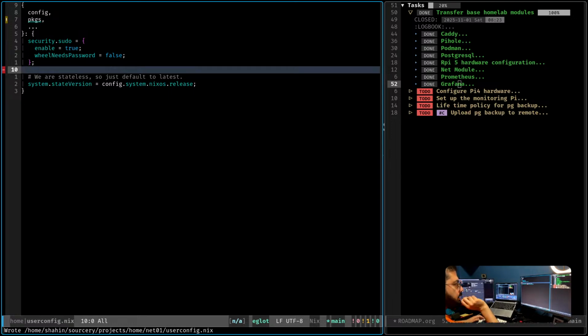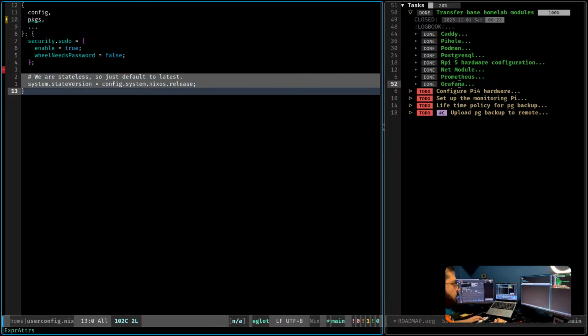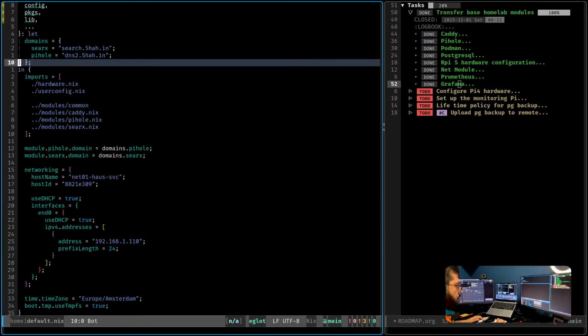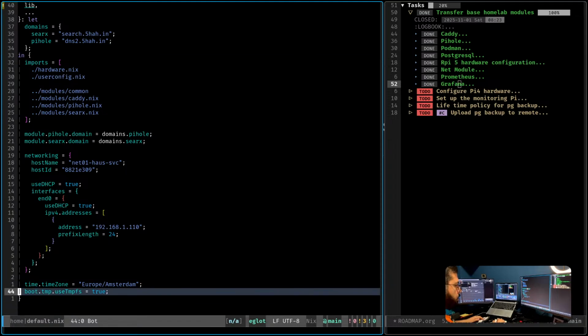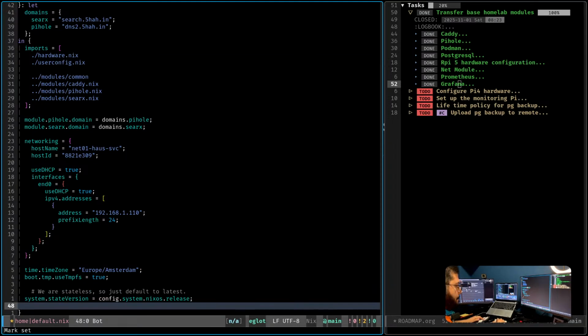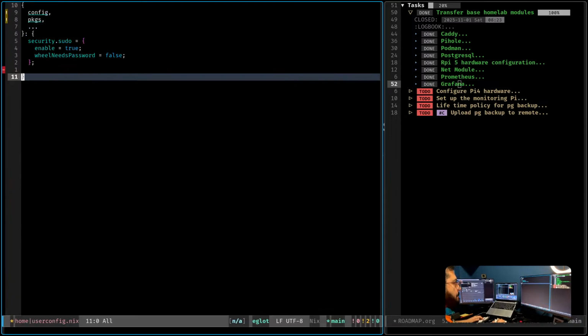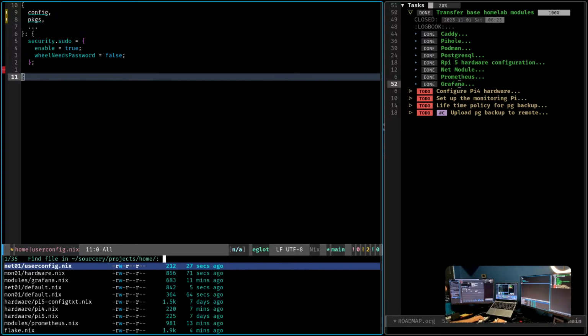And then this is something I can put inside default. And for sudo, let's see.